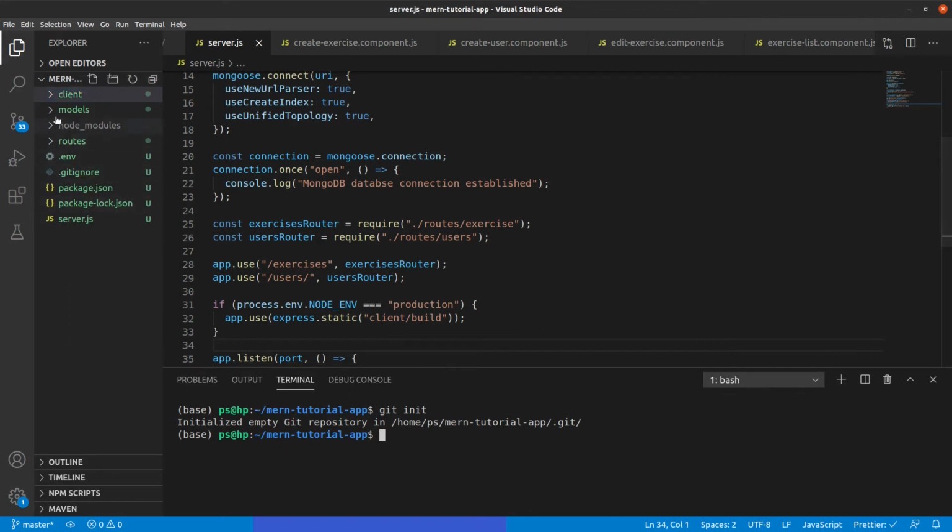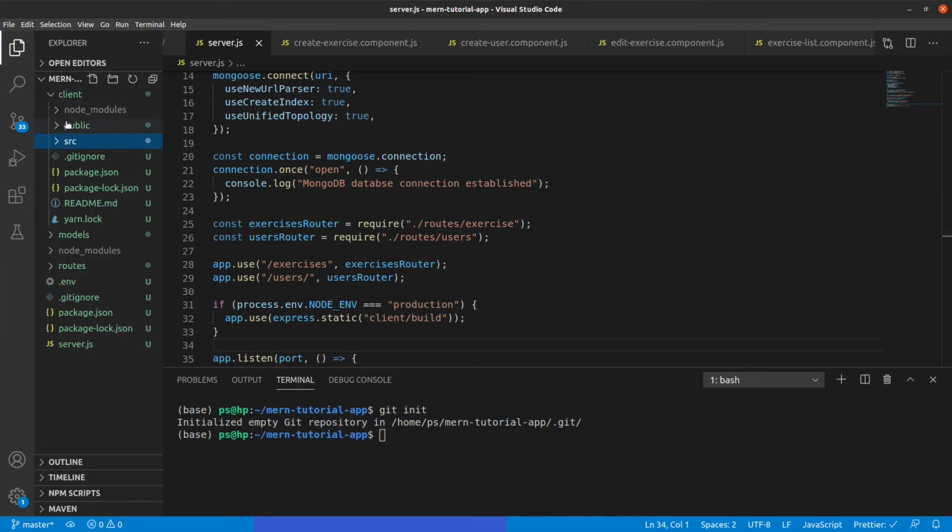One thing you might want to do here is, if there is any version control or git initialization in the client folder, just try to get rid of it. For that, you can do cd client and do a rm -rf .git. Okay, sorry, not gitignore, but rather just .git. For me, it was not there, so I just ran this command anyway. If it is there in your client folder, which React actually creates by itself, you just need to get rid of it.